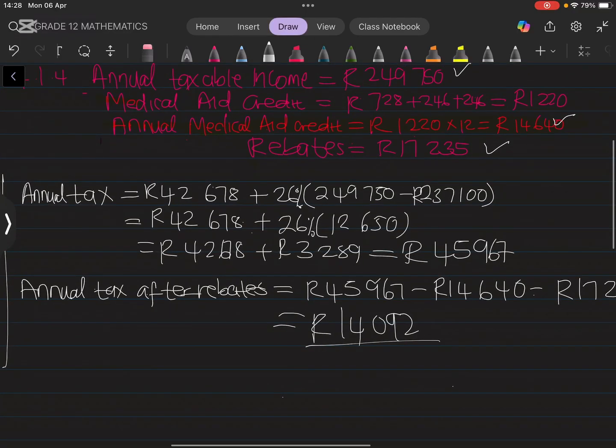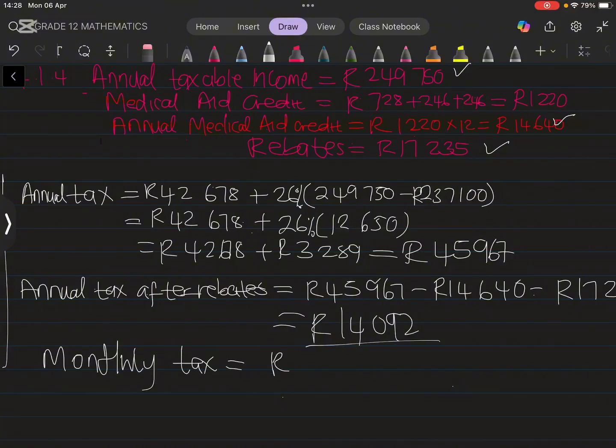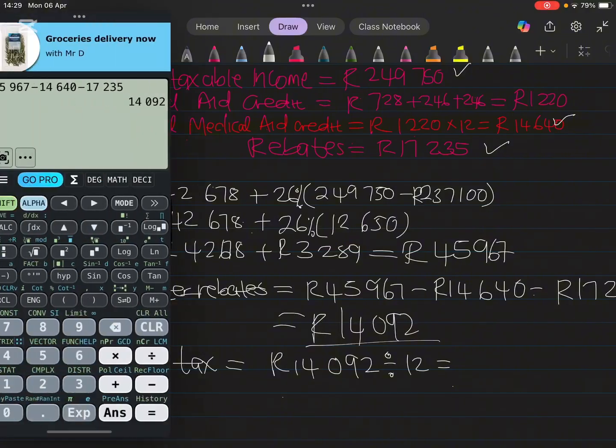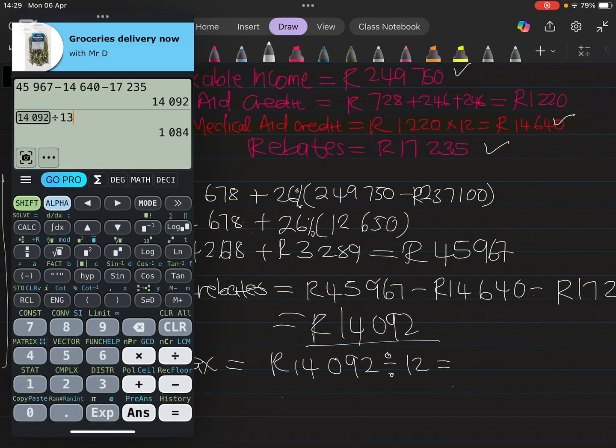Let's see the monthly. Then we'll have the monthly tax, which is going to be 14,092, and then we divide it by 12. Let's see what we're going to get. Then you're going to get an amount of 1,174.33. This is the amount of money that Mr. Mitchell